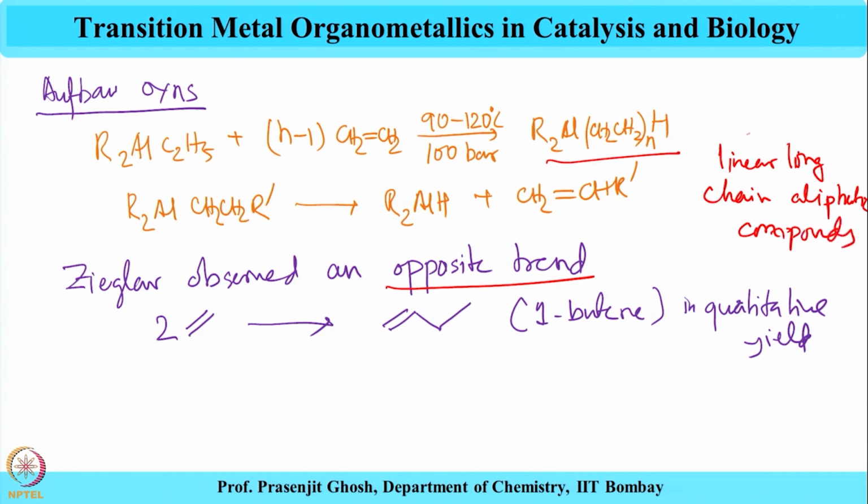This was what was expected from this reaction, but what was found was 1-butene, which is just a dimer of ethylene, and this is sort of a dimerization process, and that was a chance discovery, which was